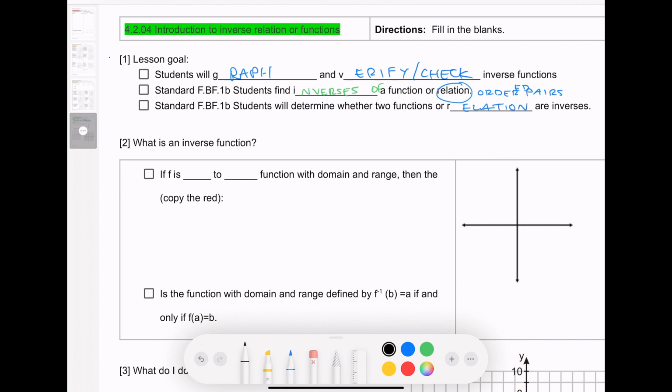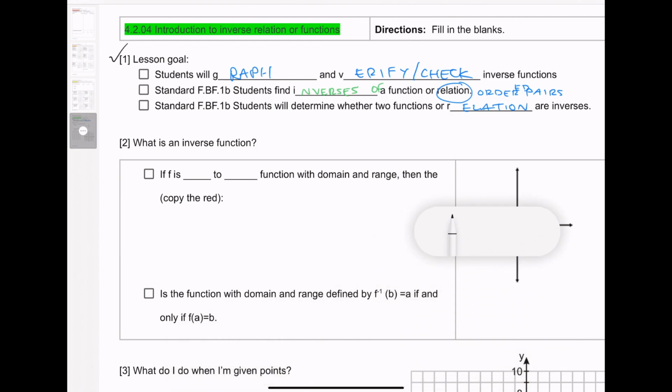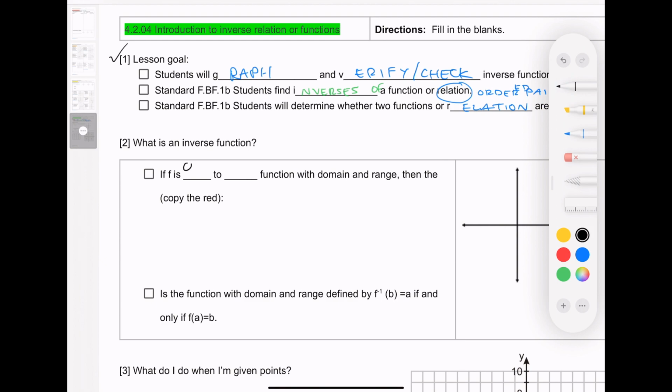That was number 1 lesson goal. Let's go on to number 2. What is an inverse function? If f is 1 to 1, when I put my fingerprint on my phone, or now if it looks at me, right? It would be kind of weird if it was opening up when my daughter's face goes on. She doesn't have permission. I don't want her to have permission to open my phone. I want it to be 1 to 1, my face with my phone. If it is a 1 to 1 function with domain and range, then